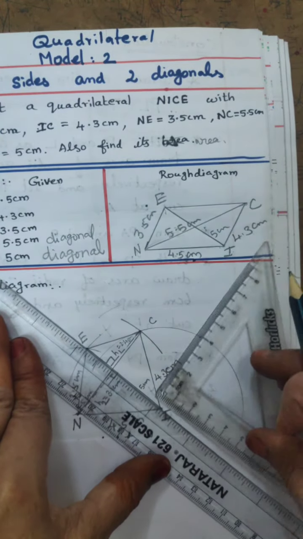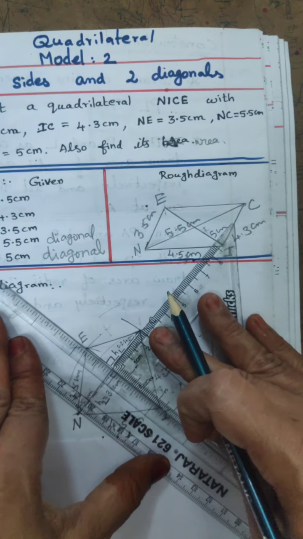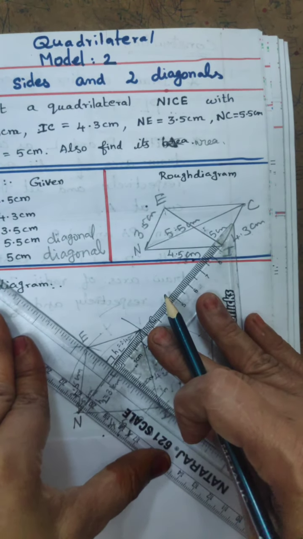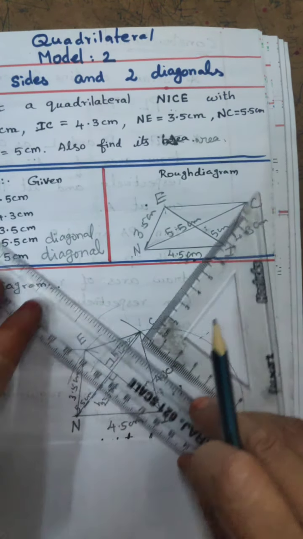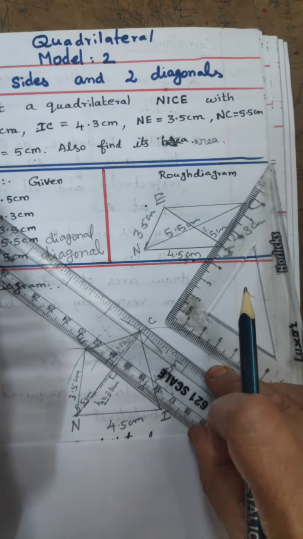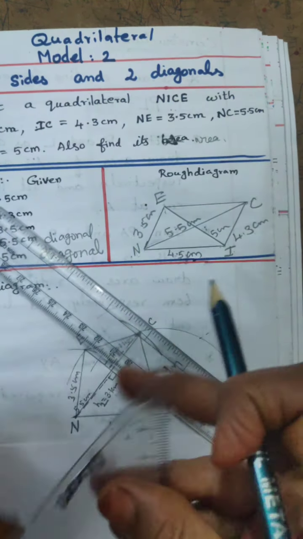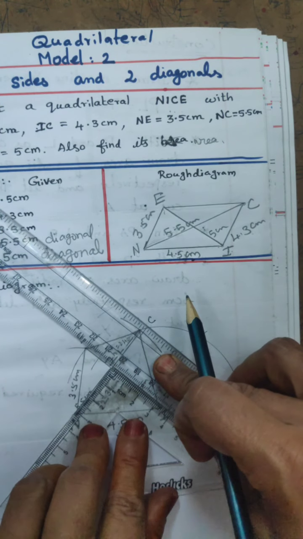E point, C point, you want to take that one. Count how much the measurement is and write it there. So tightly keep the scale and set square. Next, on this side, take the scale and keep it here only. See, from here to here. Opposite side, next keep that, keep the set square and measure the length.